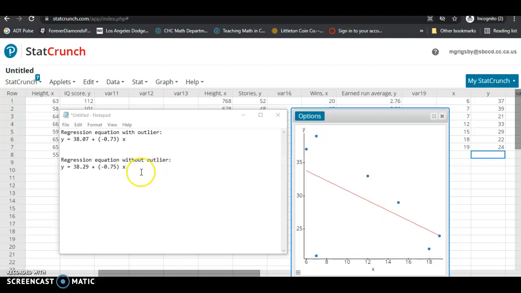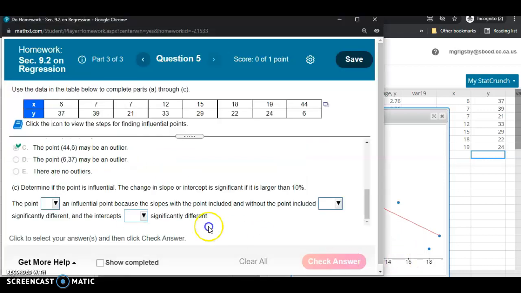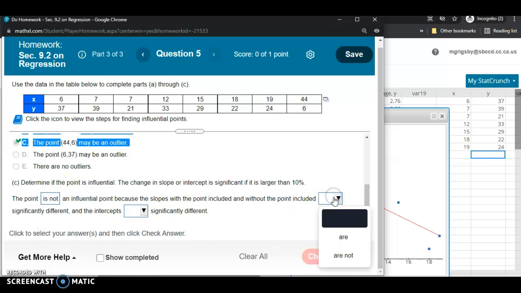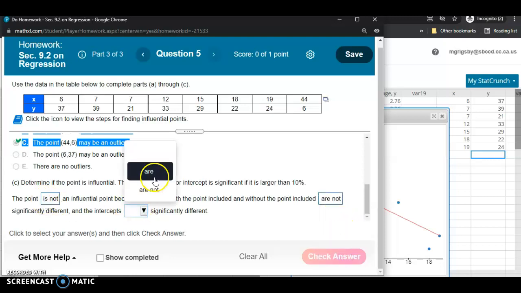So we can see that by removing the outlier, it slightly changed the slope of the line and slightly changed the y-intercept. So we're going to answer accordingly. The point is not an influential point because without the point included, the slope and y-intercepts are not significantly